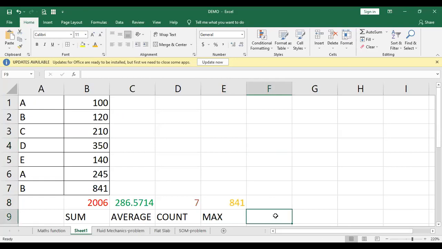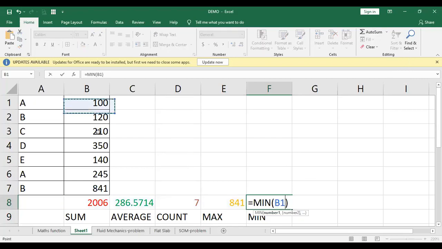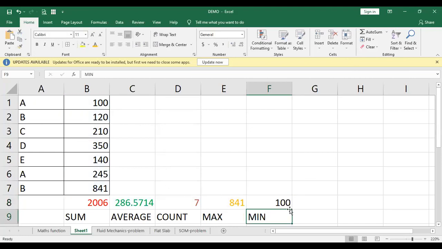Same way, you can even do the minimum one. For minimum, you can go to the auto sum option, click on MIN, take the range and press enter. So that's how, with the same thing, you can go ahead with the calculation of sum, average, count, maximum value, minimum value.